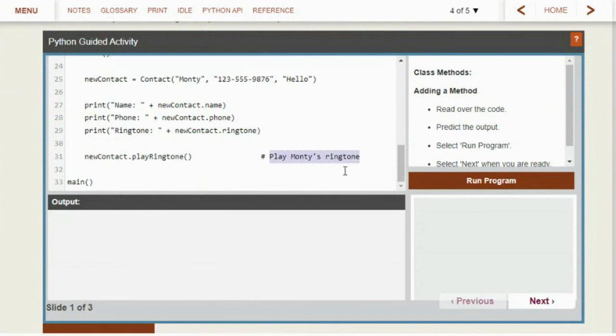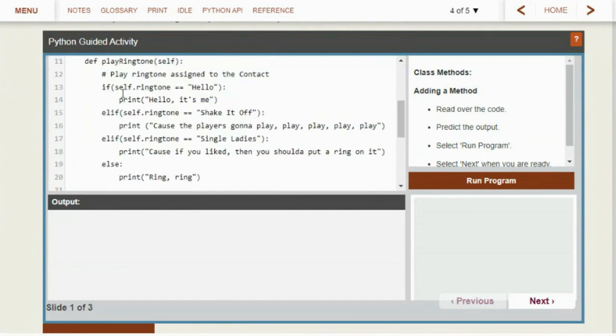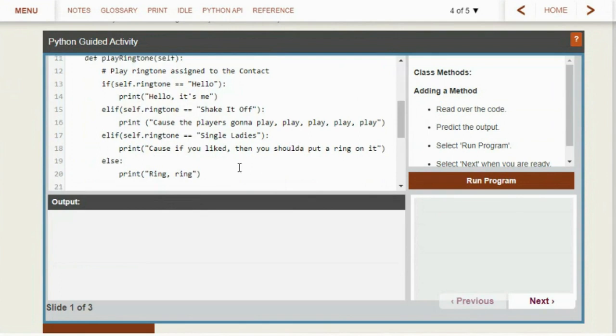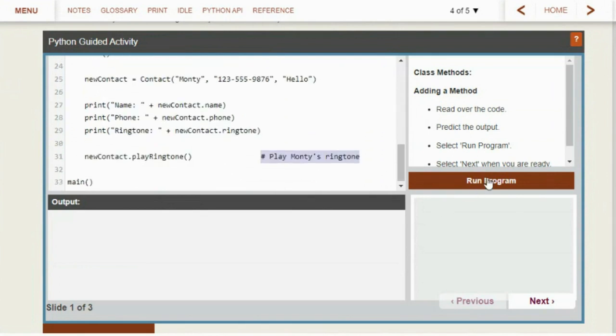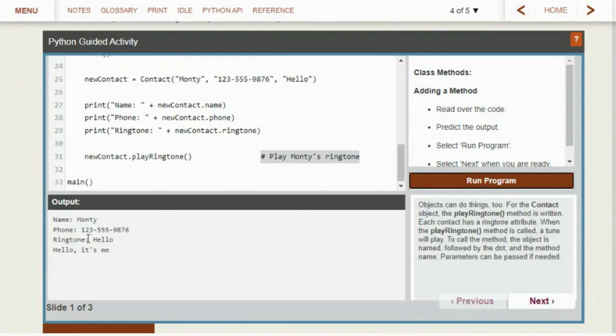Play Monty's ringtone. Hashtag. So that's what this does. It goes up here and prints whatever his ringtone is, because he's calling now. Run program. Monty, 123559876. Hello, and then there's what his ringtone is. Hello, it's me. Maybe it should be hello, is it me you're looking for? Since we did songs with the other ones, but